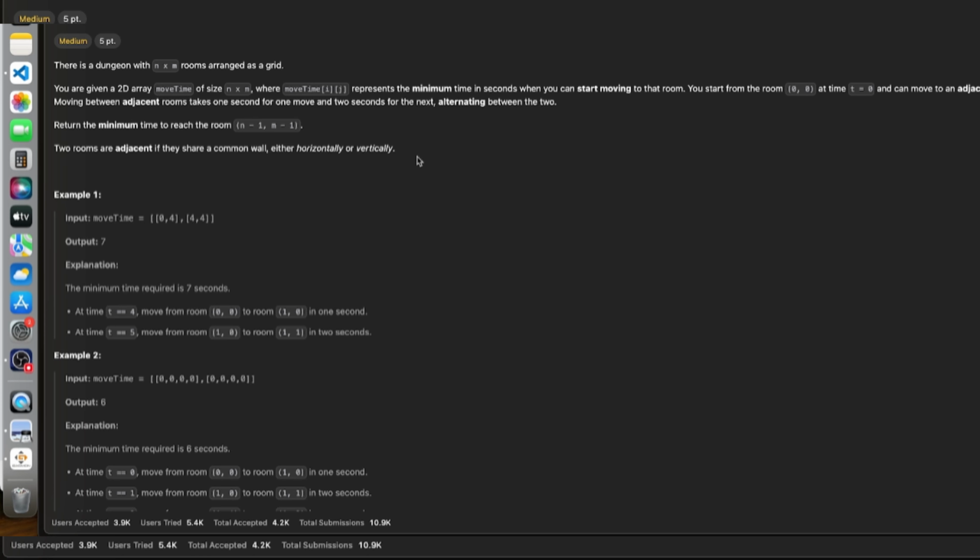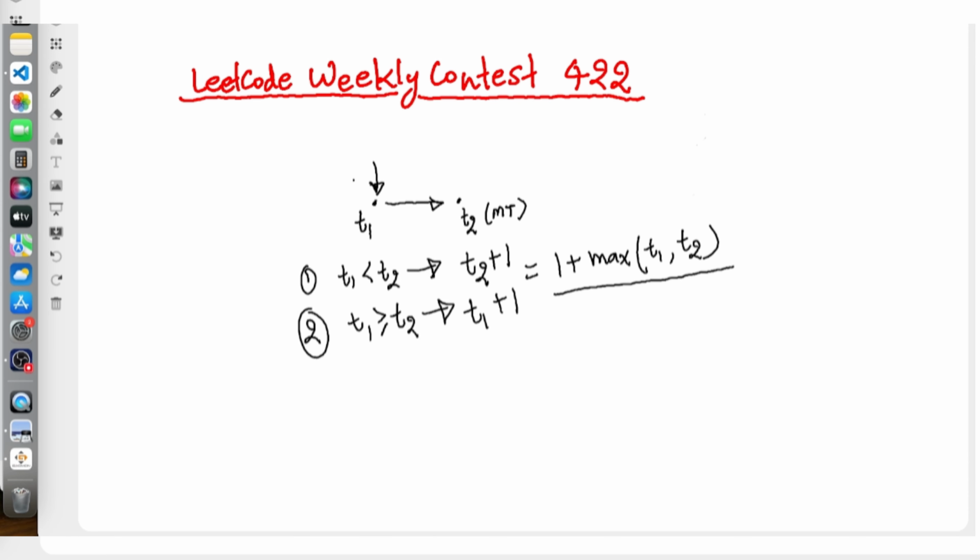This problem is the extension of the previous problem, where everything is exactly the same, with just one difference. When you make the adjacent moves, in problem 2 the time to reach from one cell to an adjacent one was just 1 second, but here the time to move from one cell to an adjacent one would be 1, then 2, then alternate 1 2 1 2 1 2. So what I mean is that, let's say